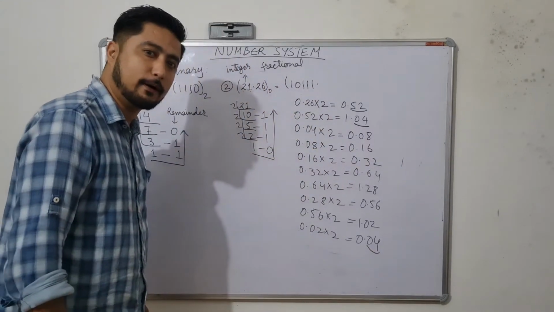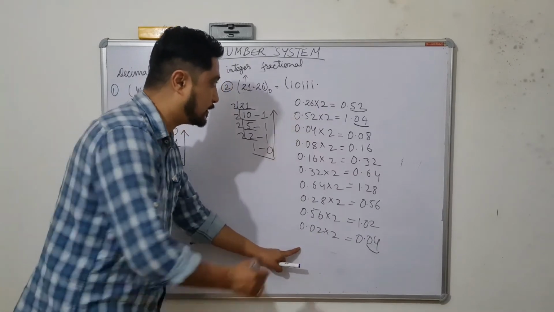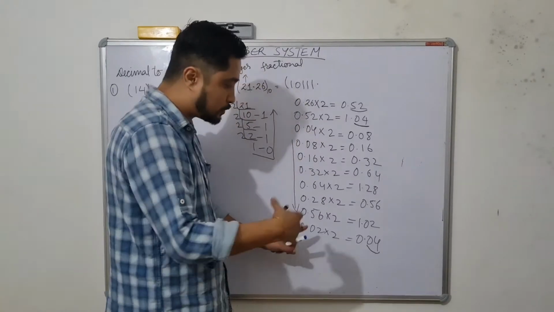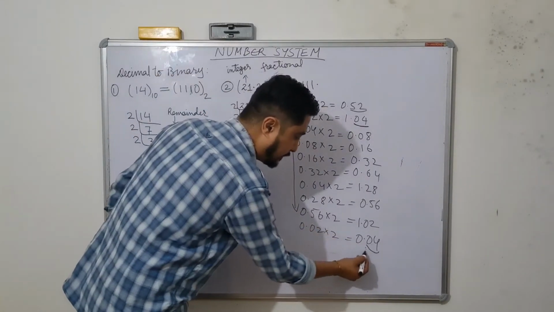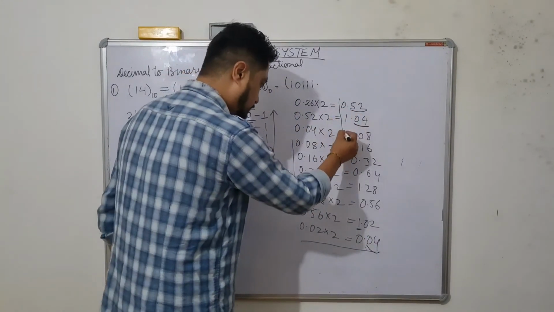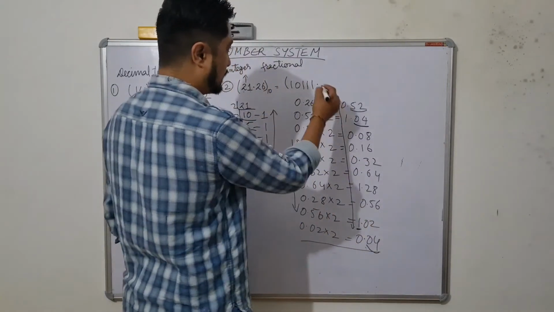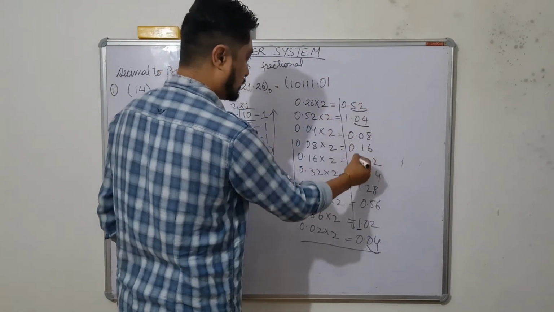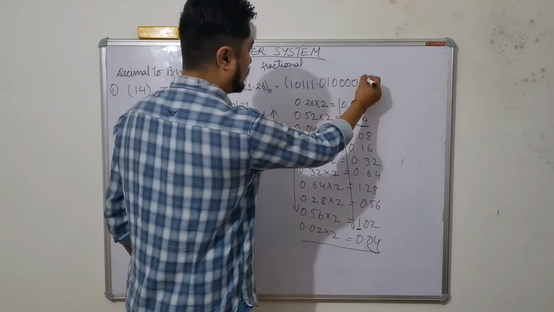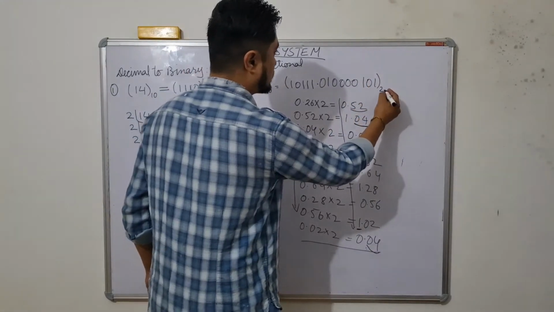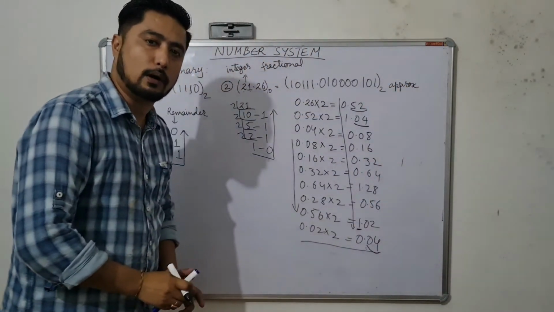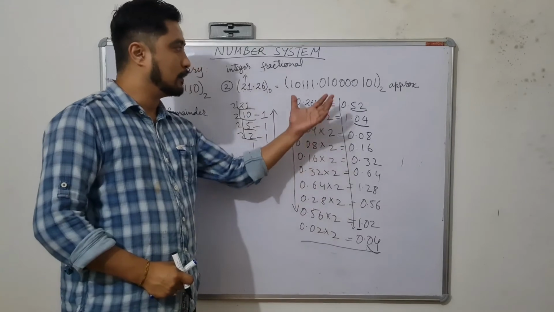Then if I take 0.04, the same thing will repeat down. So now we have to stop it here. We have to stop here, but we have to take the value till here, from top to bottom. So it is 0 1 1 0 1 0 1 to the base 2, and you have to write approx. So this is how we